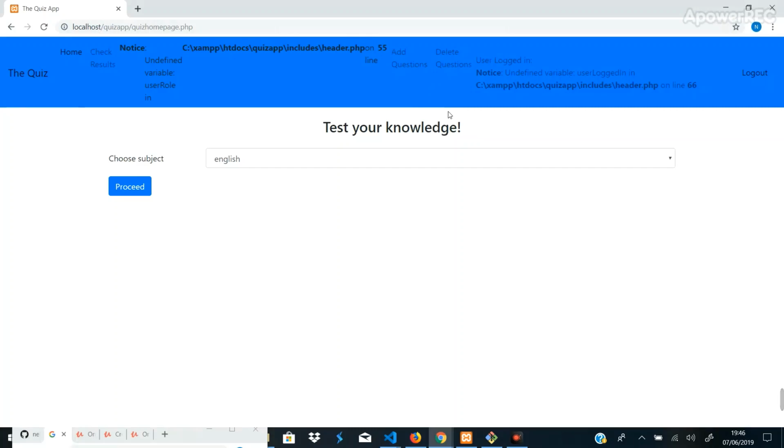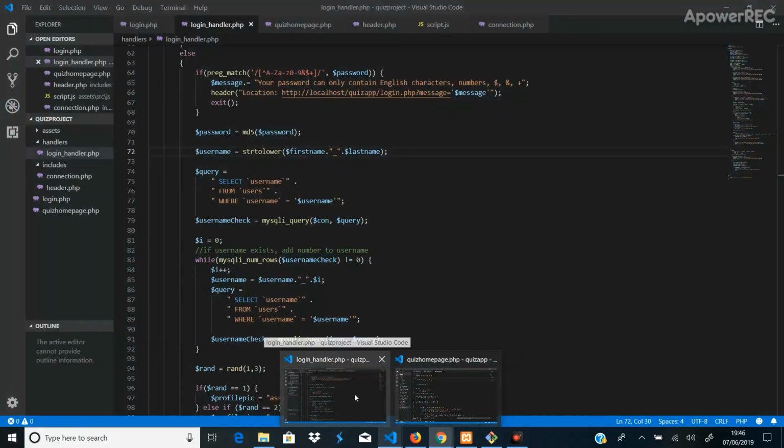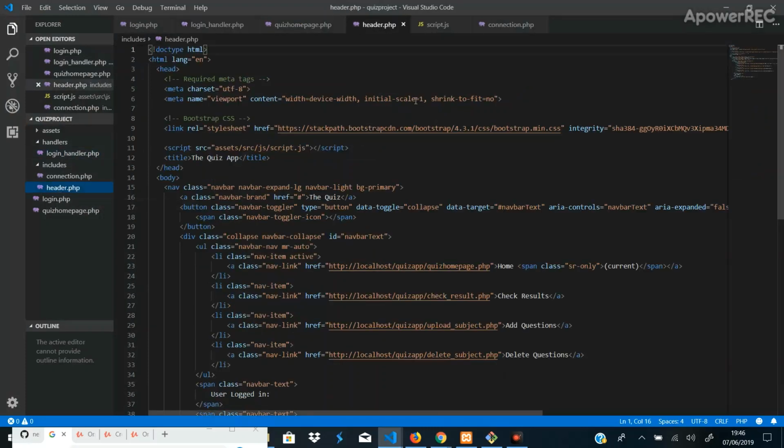Okay, now we are signed in, but there's a bit of an error somewhere. Let's see, header.php on line 55, undefined variable user logged in. Right, so we'll get this fixed. That's within header.php. Okay, so click on header,